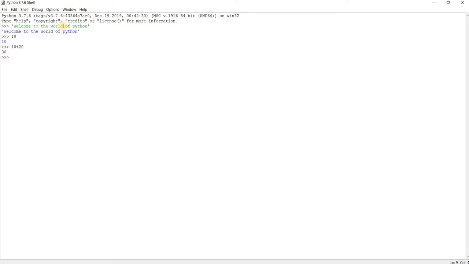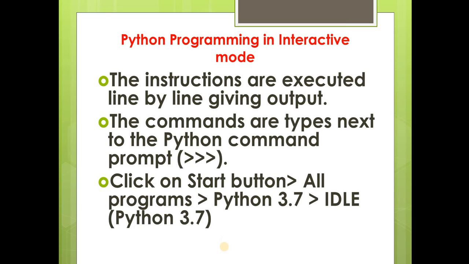It becomes very easy when you want to test the code, where you type one command and you see whether you're getting an error immediately or not. If I write just welcome directly, it will show me an error because the syntax is missing. I have not put single quotes or anything like that, and I am not using any keyword like print. So it will give me an error. It becomes very easy when we are working with interactive mode, because here you come to know your mistakes immediately in the next line. So that is about interactive mode.